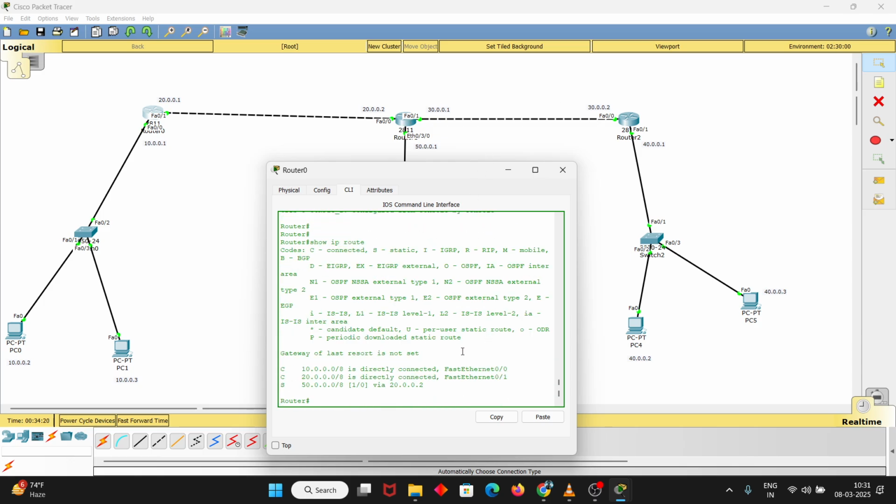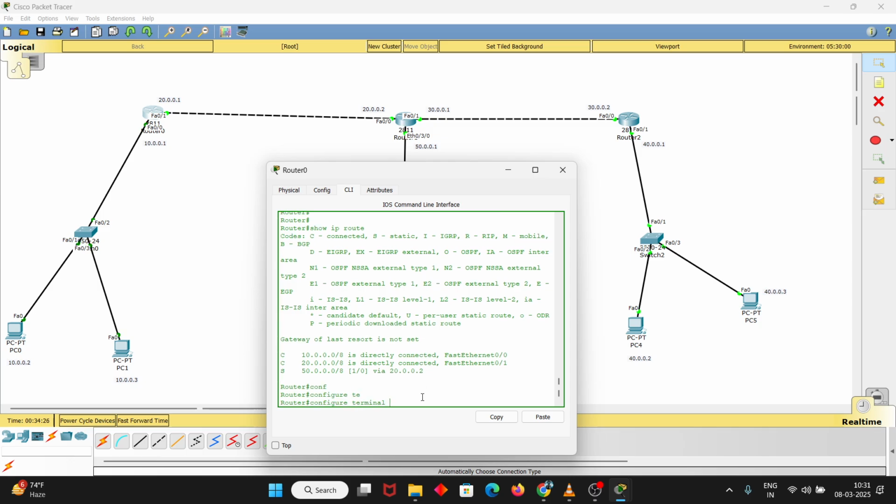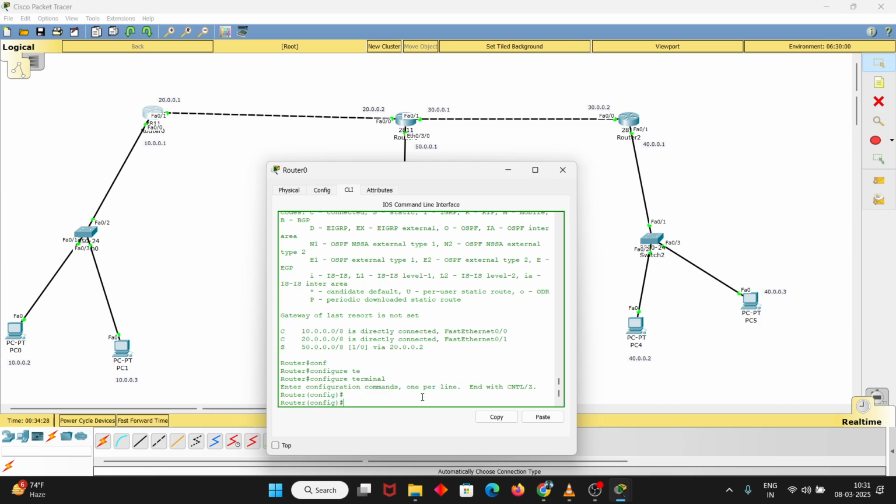So as I add that network, it will automatically get reflected here. Get back into the configuration terminal, and now IP route. Which network? This 30 network, with 255.0.0.0. And what is the next hop for this? If any packet is for this network, then send it here. Just send it to